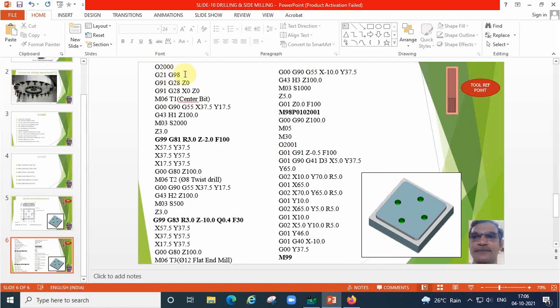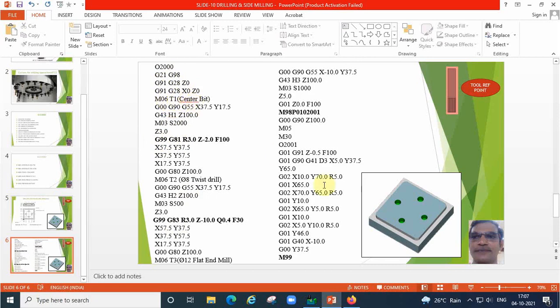G98 is a feed rate. Say already we are using G99 here. G98 or G99 both we can use for the drilling cycle, so that we can use the feed rate here, G94 or G95, any one, likely to be changed. To know the difference, G91, incrementally we are moving the cutter to the reference point, changing the tool.